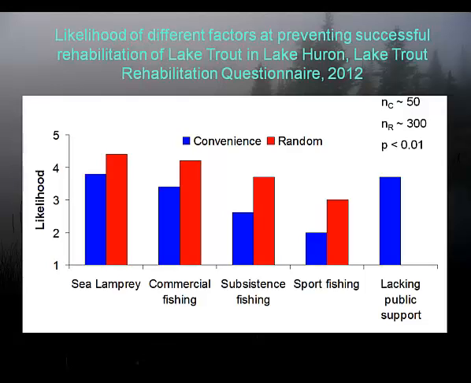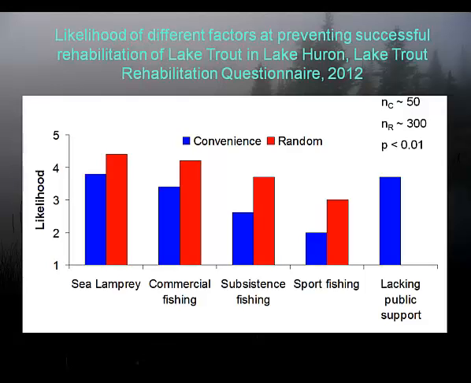So we asked their thoughts about what they think may be preventing successful rehabilitation of lake trout. And it was a bit all over the map, but sea lamprey, commercial fishing, subsistence fishing, sport fishing, and lack of public support. Certainly the random sample seemed to think that subsistence fishing and sport fishing were more of a factor than sea lamprey, and they ranked these higher than the